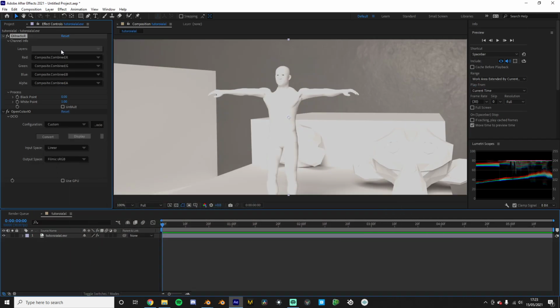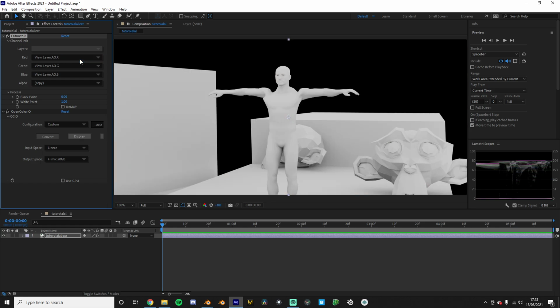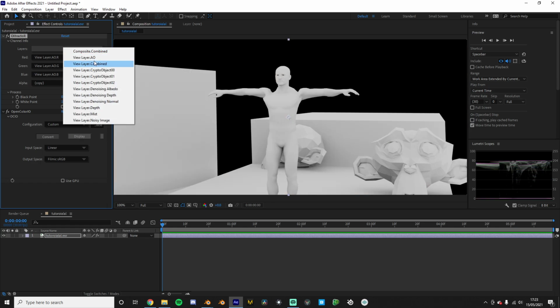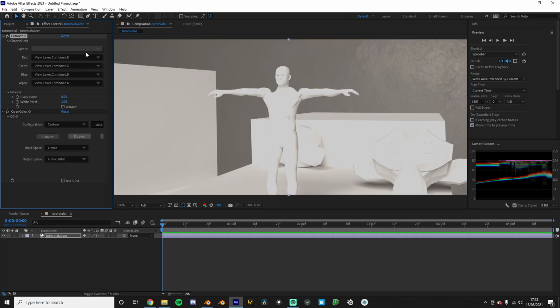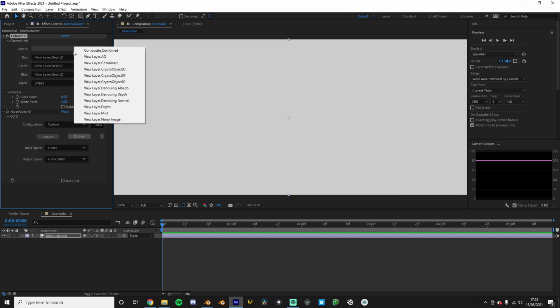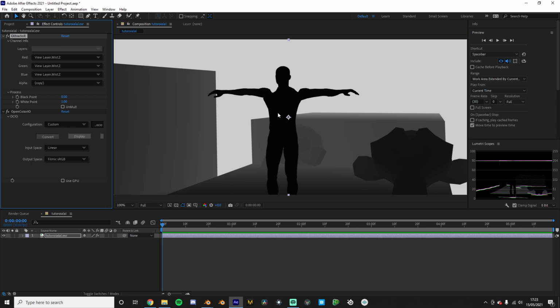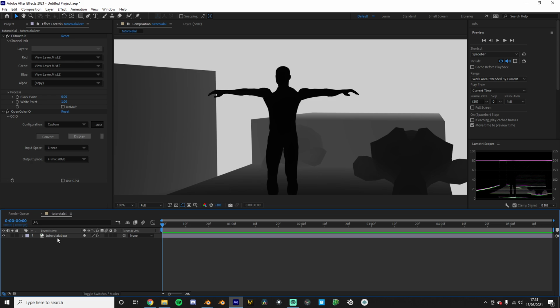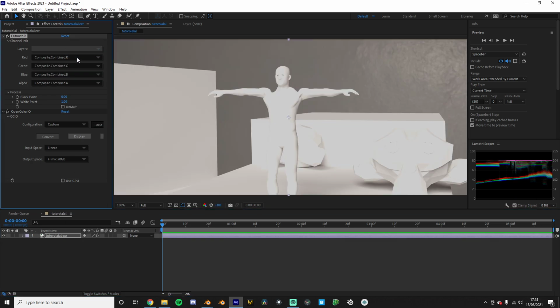So if we now go in here, we can change this view layer to be ambient occlusion, or the combined pass, which is basically this one. You don't need to worry about the crypto objects, but your depth pass will often not work, but you have your mist pass, which should work. And this is the really cool stuff you can do. You can do a ton of stuff with this